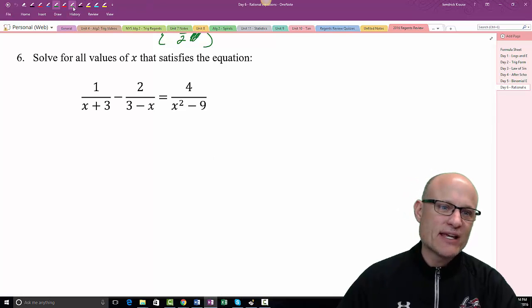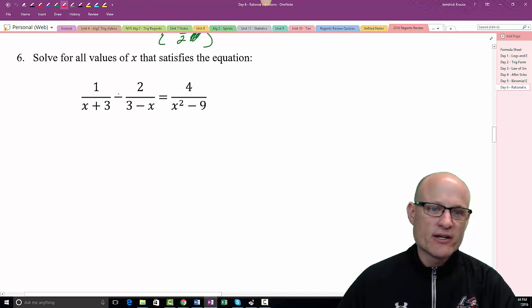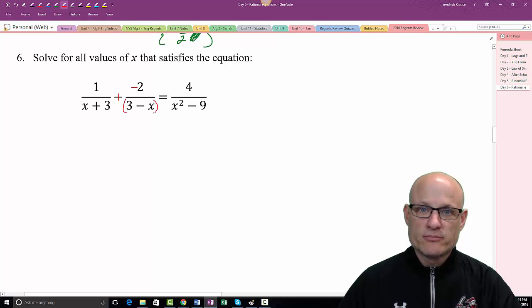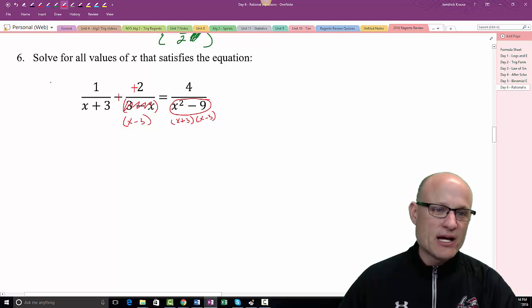All right, so we got the same issues going on here. I want to get rid of this, bring the plus upstairs. This is backwards, so we're going to change it. I'm going to do it right here. X minus 3, but you have to introduce another negative, so that makes that positive. Looking at this right here, you should already know that's x plus 3. I'm trying to do it a little bit faster this time, x minus 3. So my common denominator is x plus 3,